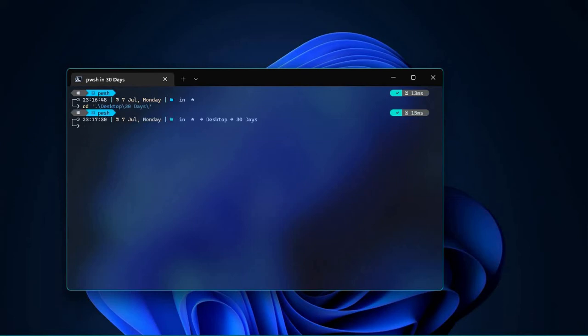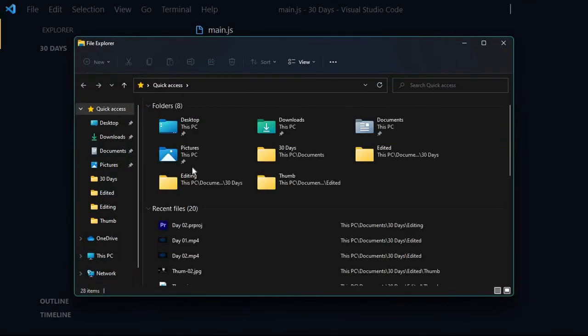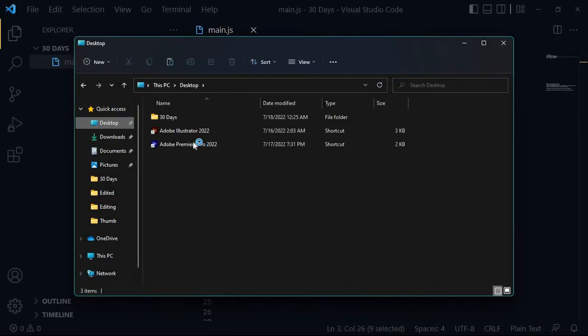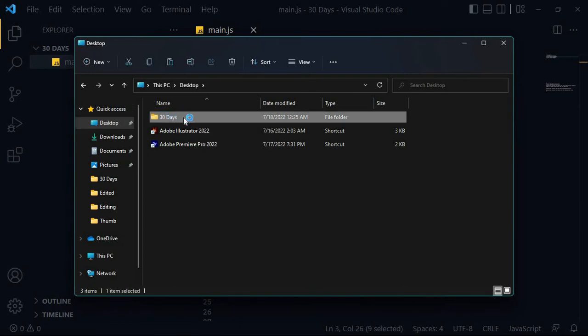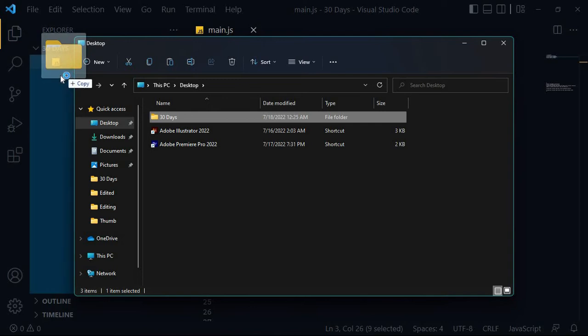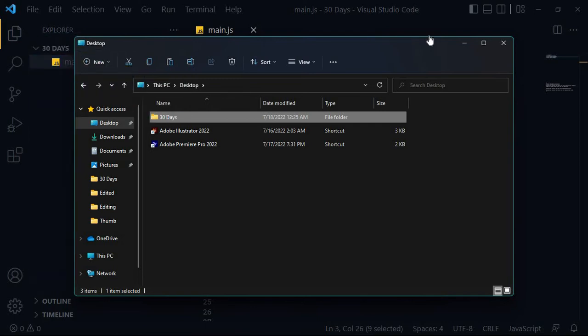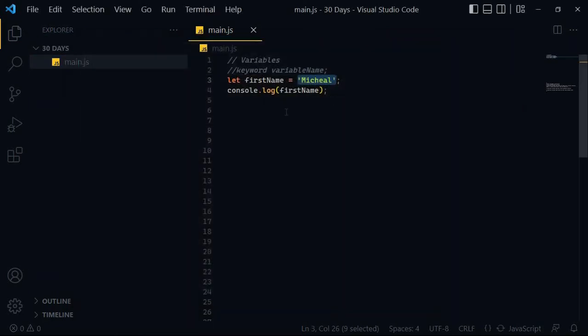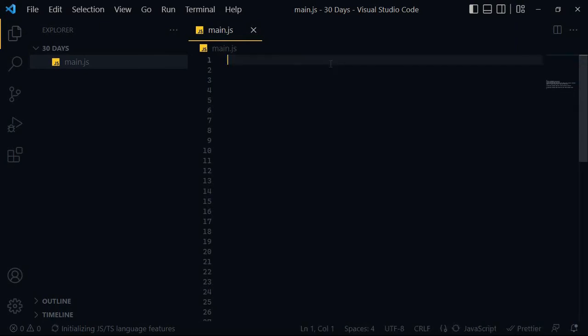Then in there I'll open my VS Code, or simply you can use the Windows key and E, go to desktop, then take the folder, drag and drop it in VS Code, and it will open for you automatically. Okay, so this was where we left off, and now we are going to continue with